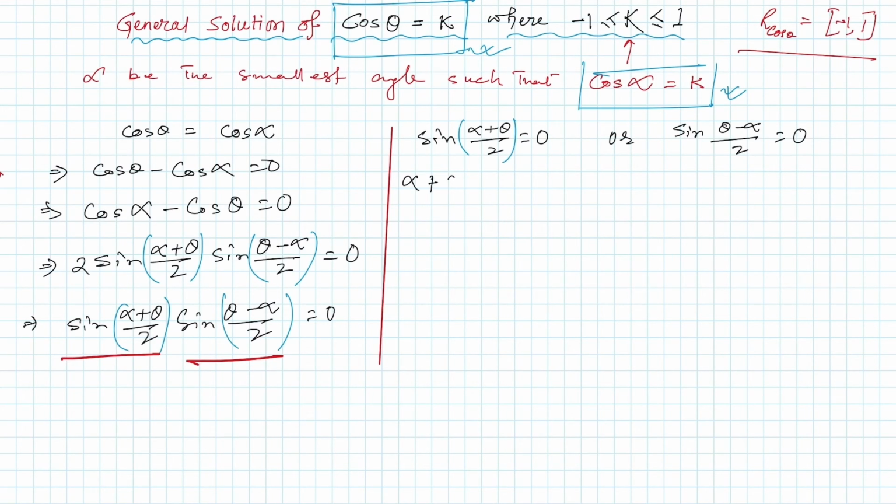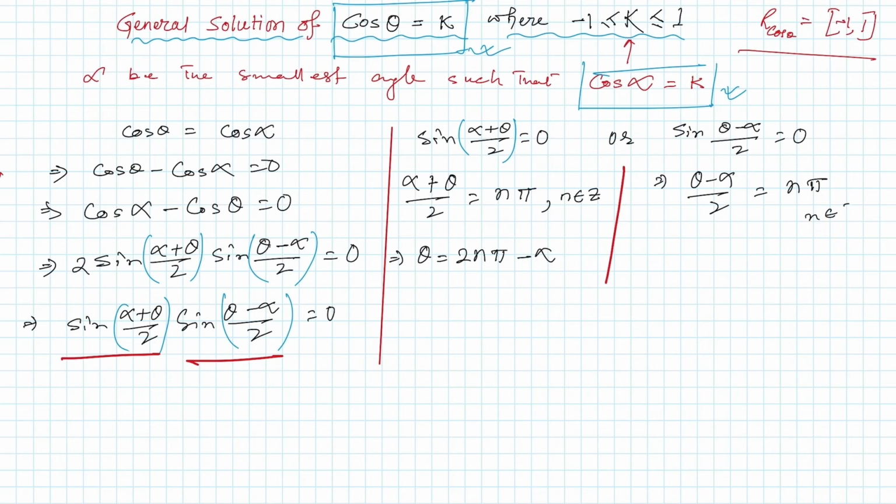So (alpha plus theta)/2 is equal to n pi, where n belongs to Z, which implies theta is equal to 2 n pi minus alpha. On the other hand, here we will get (theta minus alpha)/2 equal to n pi, where n belongs to Z,